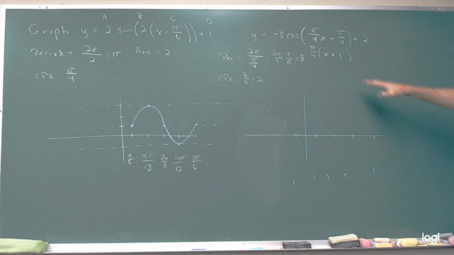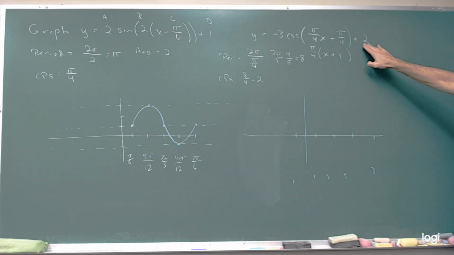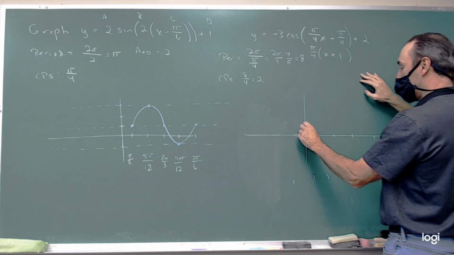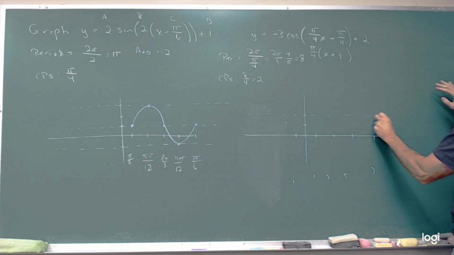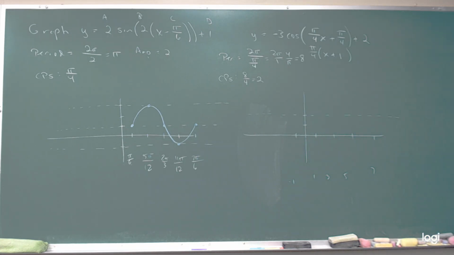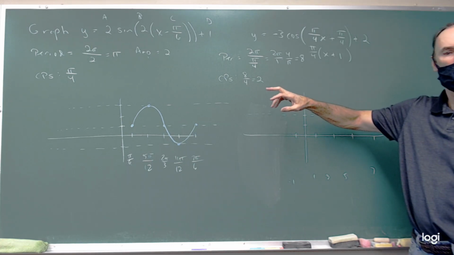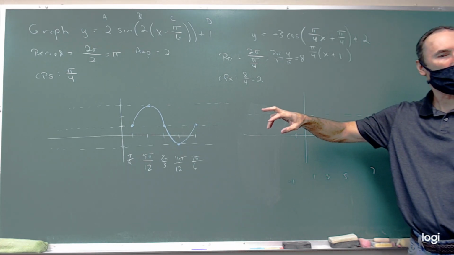So our translation vertically on this one is going to be 2. So I'm going to put a dotted line at 2. That's going to be the middle of our graph. So that's our midline. Then the amplitude here,